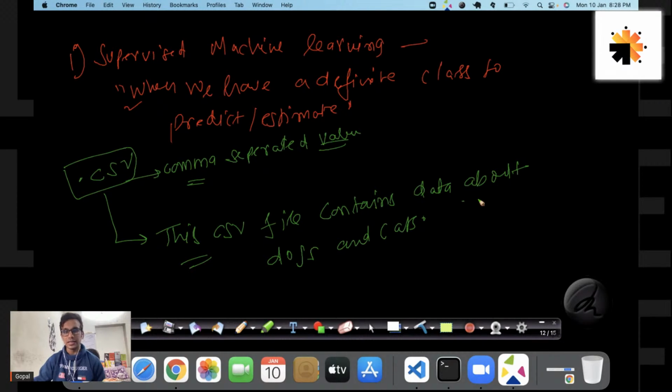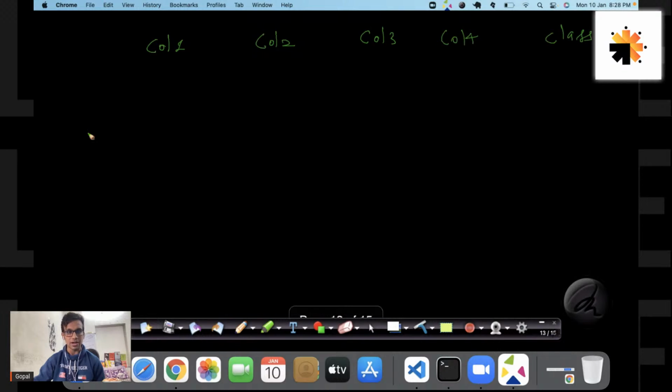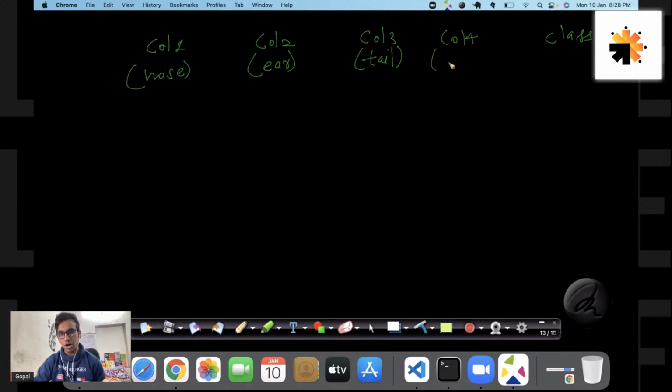Okay, so what exactly is it all about? This CSV file contains data about dogs and cats. Suppose, coming back to it, column 1 explains the nose, this explains the ear, column 2 is, let's say, the tail length, and this is your paw size. Based upon these 4, based on all columns,